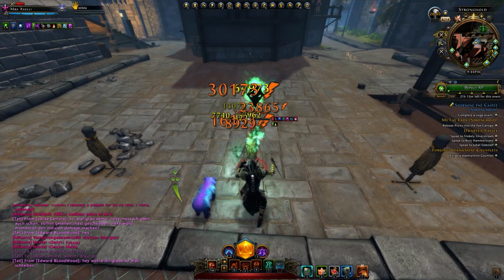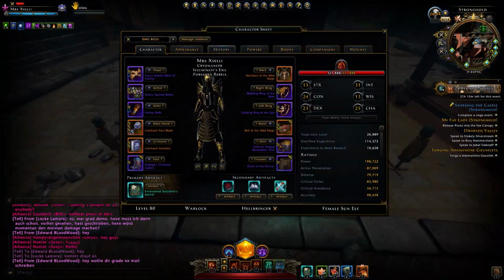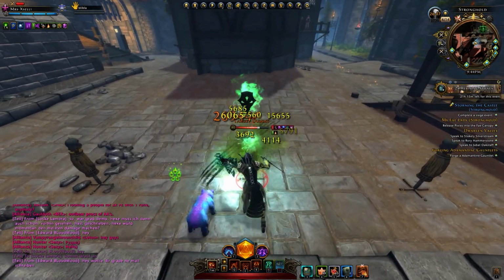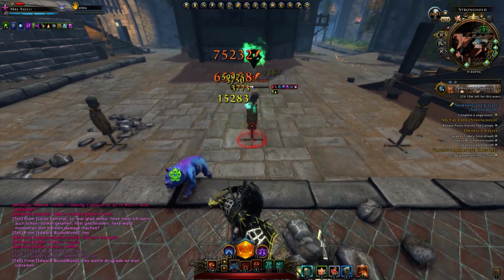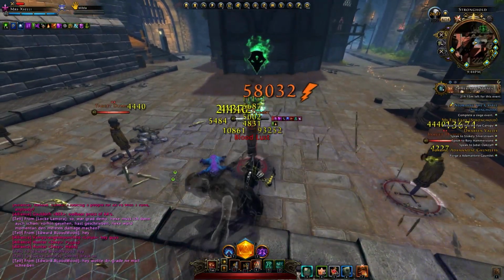So for faster filling up our souls, we need the other Hand of Blight melee, the other Advil, I think it's called. So now are our souls full. With full souls, we are doing more damage overall. So now use the encounters, and then you can use tap to